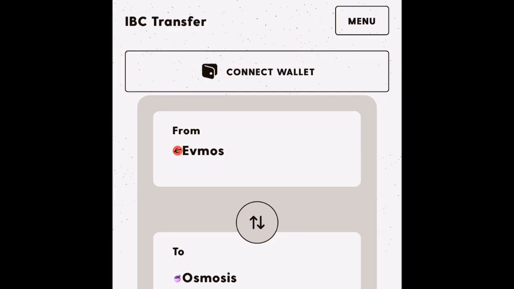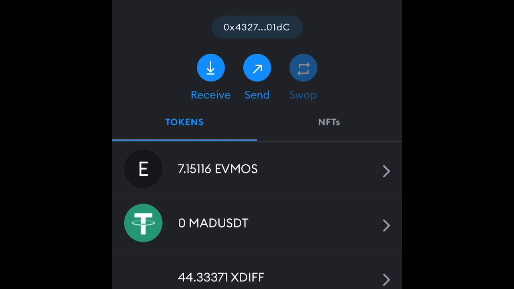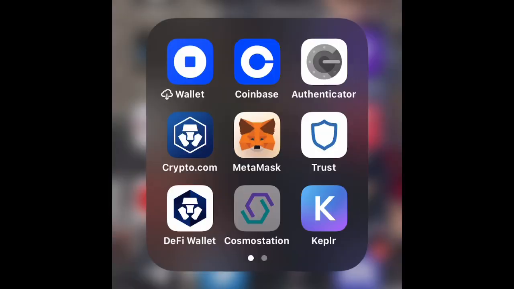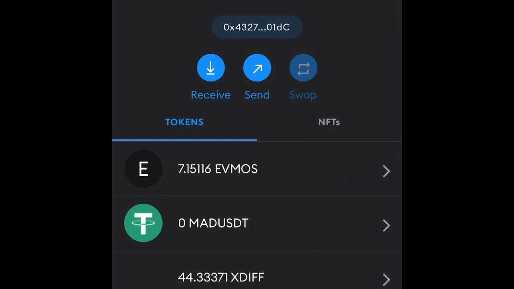So now, since I did that, look at my balance on Metamask. You see? So I did the bridge. I came over and it was all free. And I did it all within Cosmostation. So since we're over here, I want to show you guys what I mainly do over here.